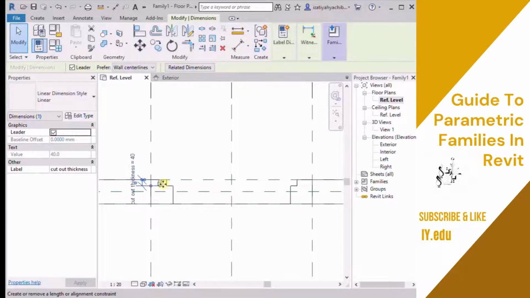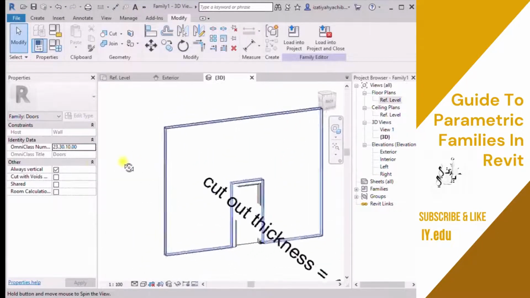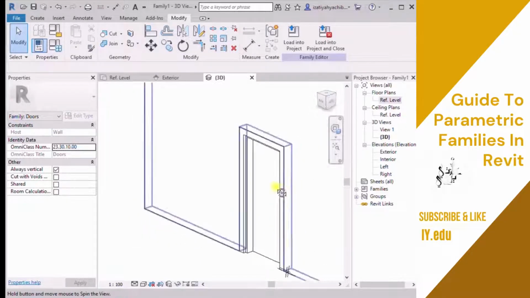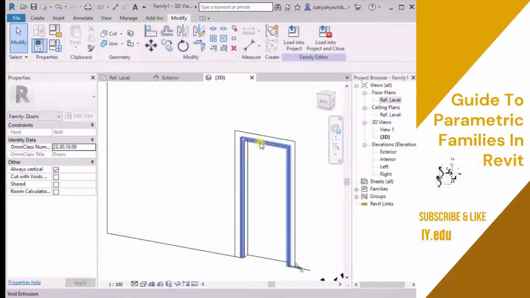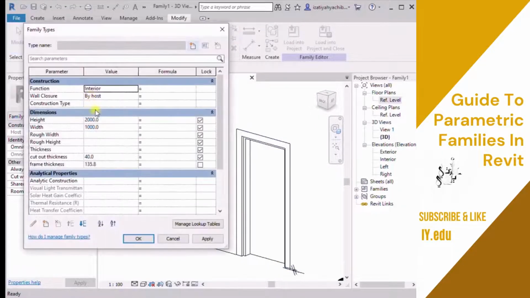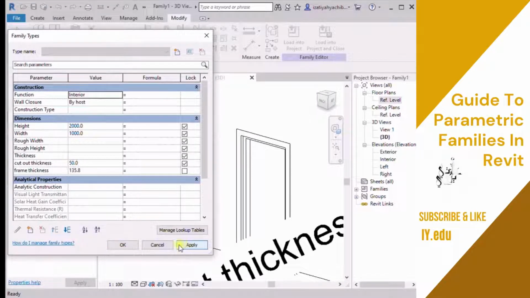Okay, so that's pretty much everything we need to do for the frame. So now let's take a look at it in 3D. So this is the frame that we just have created. Now before we create the actual door, let's check to see if the parameter works fine. So we go to the family types and we're trying to adjust this. So it's going well. So the thickness and